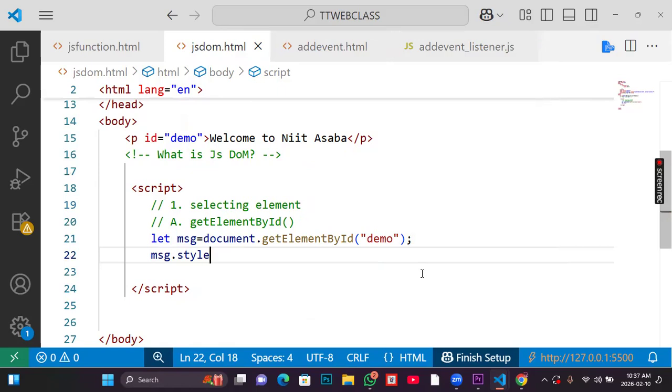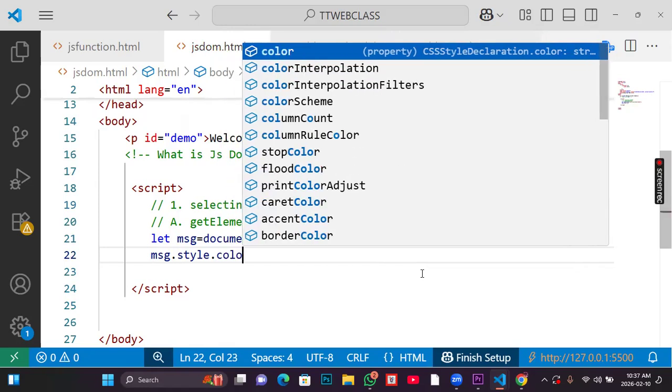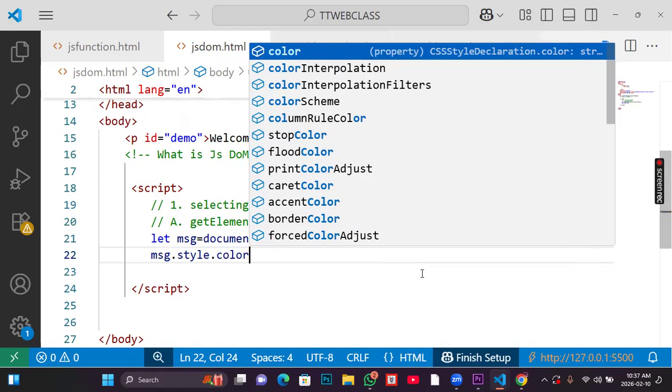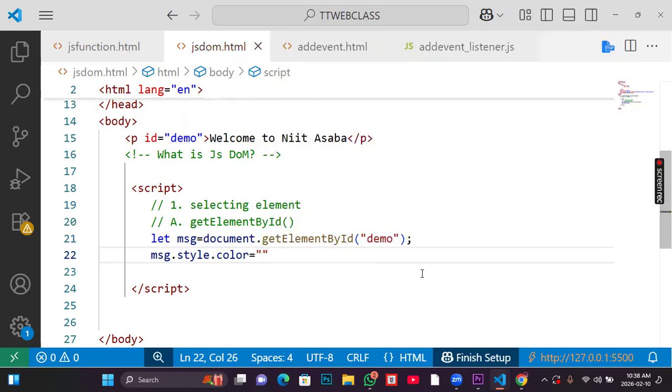But you must capture that element and store it in a variable. Then you now call the variable and concatenate it with the CSS. Then you say, what do I want to do? I want to change the size of that text. So I will call the properties that you know in CSS, which is color, right? Then you put equals to, because in CSS you put a colon. You now call red or blue, right? But because you are speaking it in JavaScript, you store it as a string, and the color is